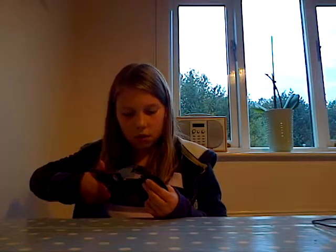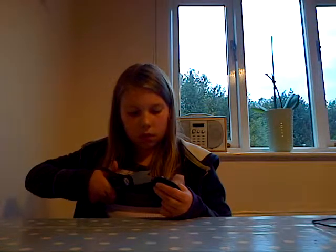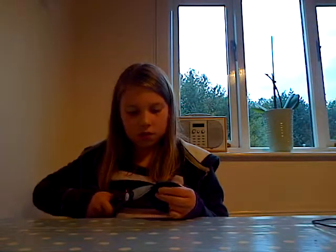Now, wool can be quite tough to cut through, so don't worry if this takes you ages. Okay, so I'm just going to show you the finished product in the end. Okay, now remember to hold of it when you